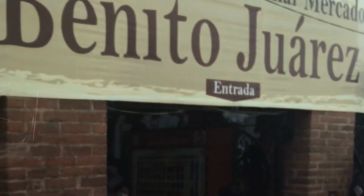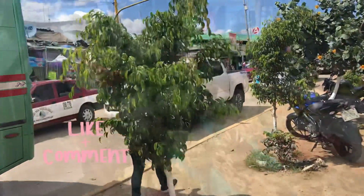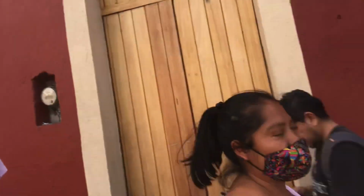We did visit Mercado Benito Juarez, which is a lovely market, very popular with the tourists, but our favorite was this next place. Anyway, we're going to the biggest market in Oaxaca City, more of a local market than a tourist market, and I forget the name of it already. Central de Abastos. Central de Abastos. Yeah, that's...